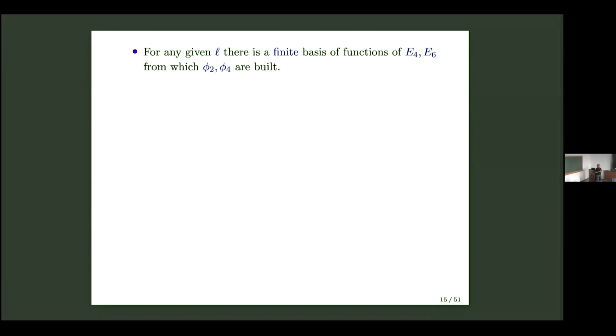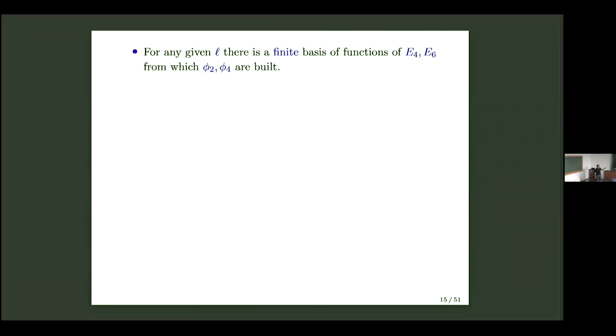And they span their polynomial ring, which means any powers of both of them span all modular forms of SL2Z, which is a remarkable fact. So, therefore, if I want, for example, to find a form phi4, and I know L, I follow the following